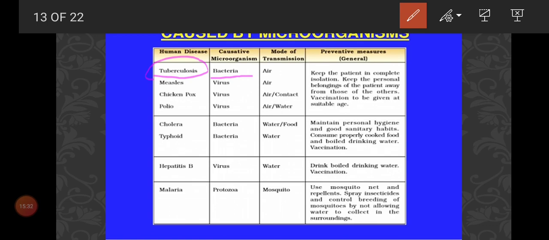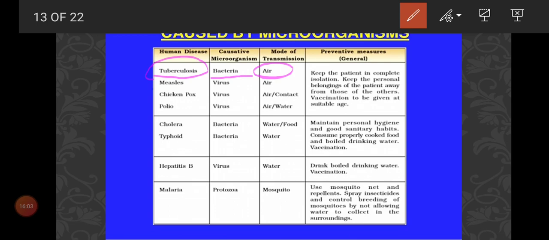And how is it spreading? It is spreading through air. Clear? Every year, a report says 5 lakh people are getting affected by TB. It is an airborne disease, so through air only it is spreading. This bacterium spreads through the air only. So what is the disease name? Tuberculosis. This whole flowchart is only about diseases we can see in human beings.